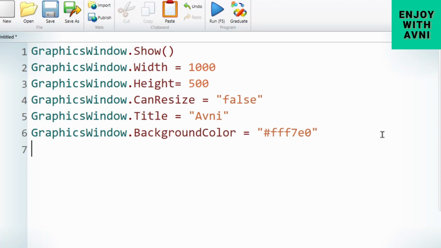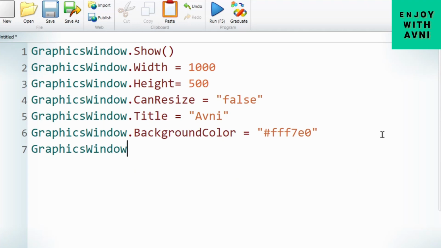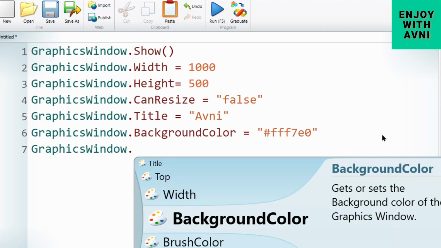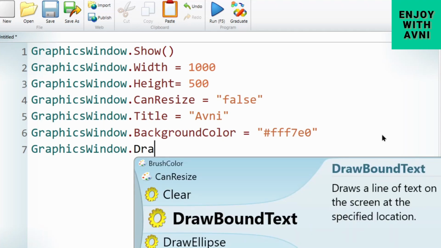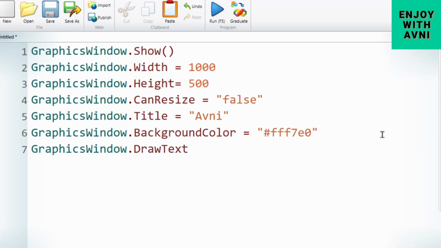Now to draw any text, you simply write graphicsWindow.DrawText. In the parenthesis we have to write the x and y coordinates and the text.